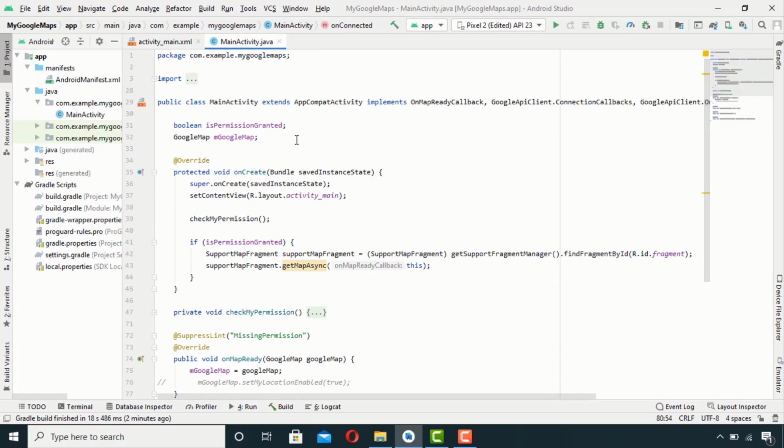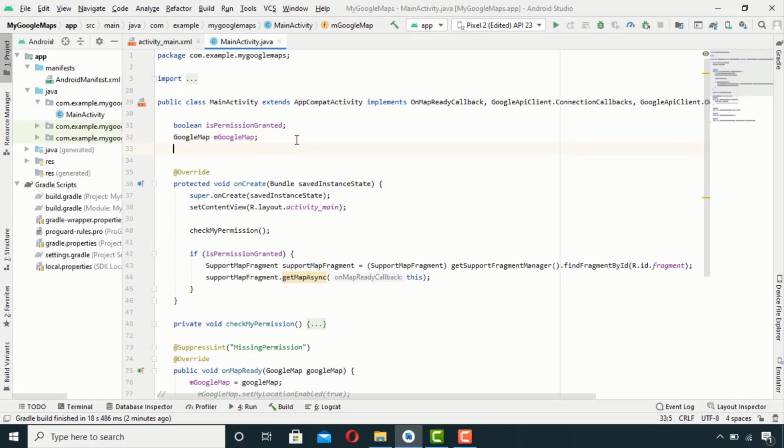Let's forget aesthetics for now and go to the Java file and declare a variable of FloatingActionButton and FusedLocationProviderClient.